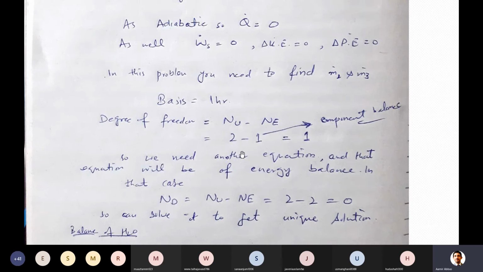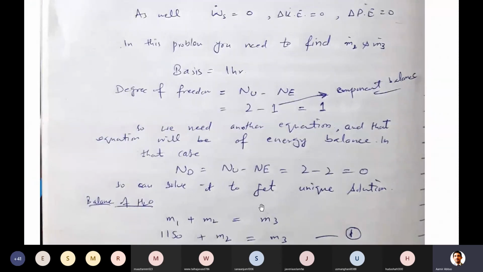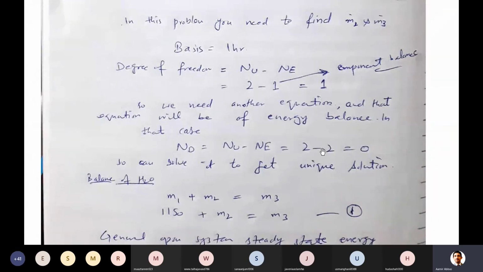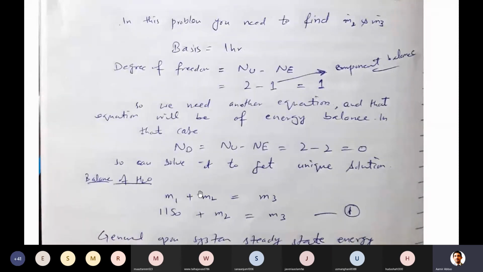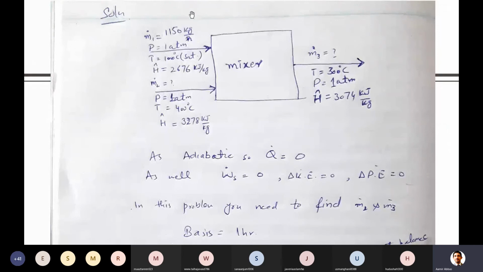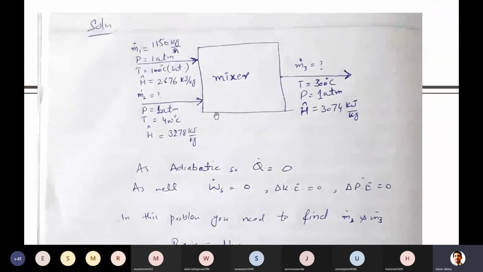So I was just talking about this: one component balance or overall balance equation and the other material energy balance equation. We can solve it definitely when we get degree of freedom 0, then we can write the equations. So I wrote here the equation m1 plus m2 is equal to m3, the thing which she is talking about. Do you know that input is equal to output and there is no accumulation in this system? So input is m1 plus m2 is equal to m3. By the way, why am I saying there is no accumulation?